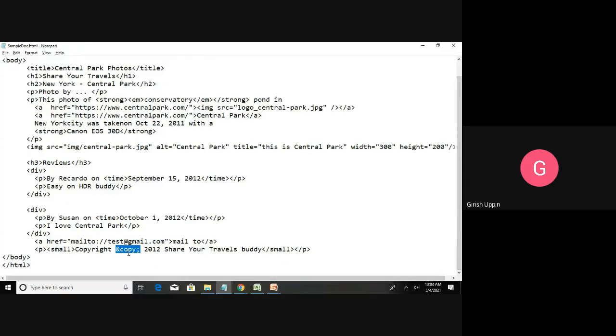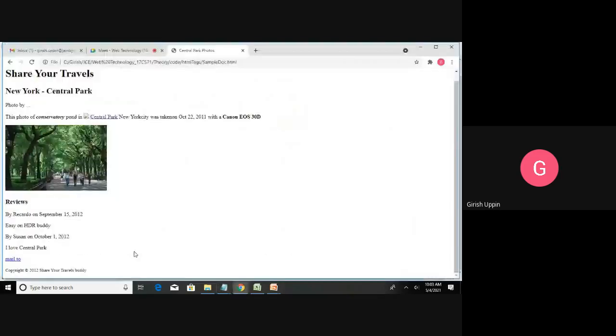Whenever the browser is rendering this page, when it encounters this entity name, it will convert it to that particular symbol and display it. So this ampersand copy semicolon is displayed as a copyright symbol.